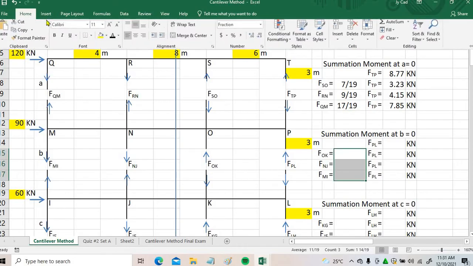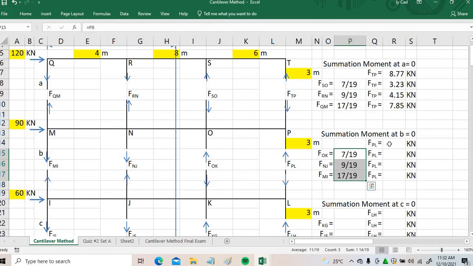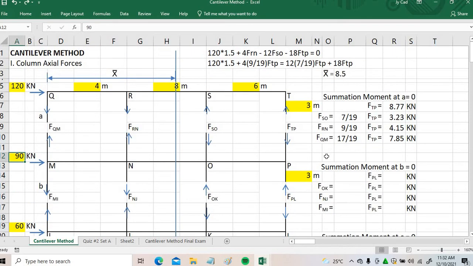Okay, so let's check. Yan. Okay? And then, solve natin ngayon yung FPL. As I've said before, same equation, pero i-edit na lang natin ito. So yung 120, ang lever arm yan magiging 1.5 plus 3. Or that becomes now 4.5